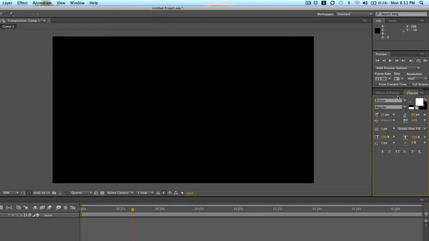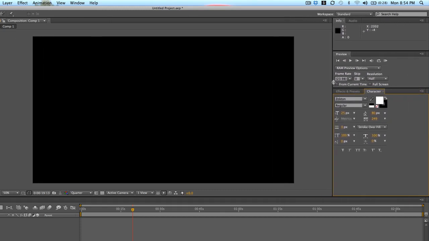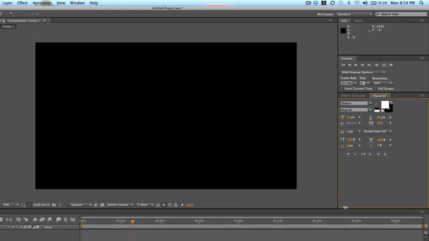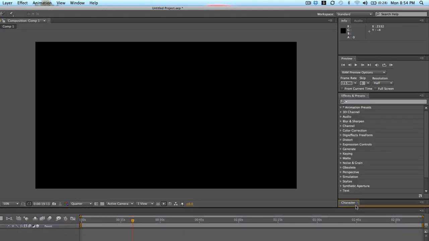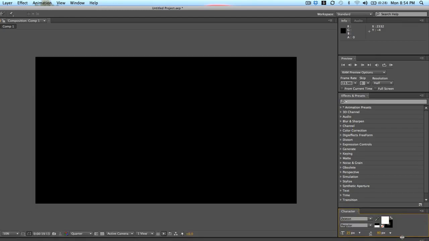And so, for example, character brings up font choices and styles, and you can customize your workspace by basically going to the edge of a section, clicking and dragging just to make it bigger or smaller. Or you could grab the top left of each little tab, dragging out. So I clicked and dragged, and then moving it around. So I'm going to put that on the bottom, and now I have my character